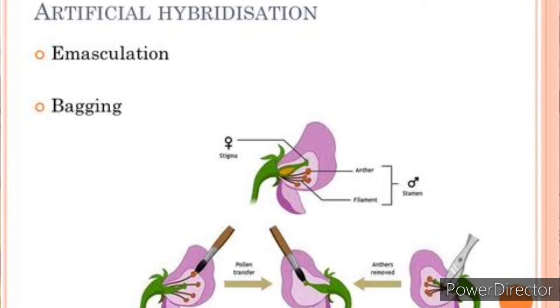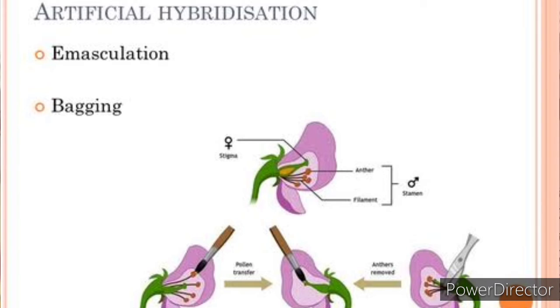Artificial hybridization. A breeder is always interested in crossing different species and often genera to combine desirable characters to produce commercially superior varieties. Artificial hybridization is one of the major approaches of crop improvement program. In such artificial hybridization experiments, it is important to make sure that only the desired pollen grains are used for pollination, and the stigma is protected from contamination, that is, from unwanted pollen. And this artificial hybridization can be achieved by emasculation and bagging techniques.